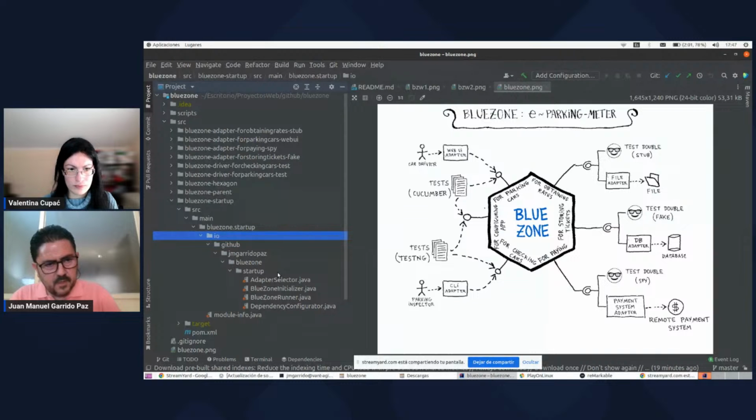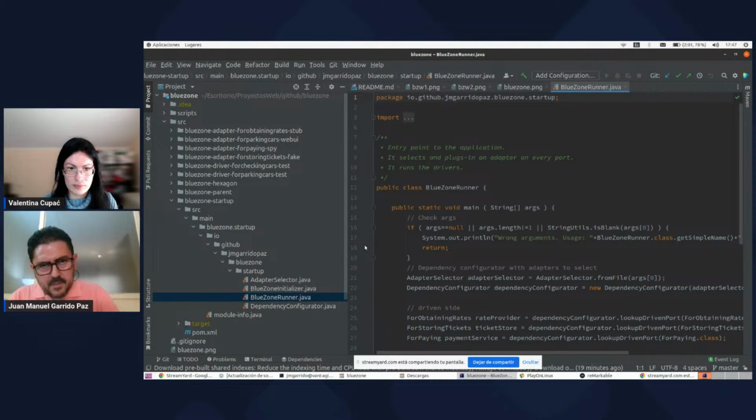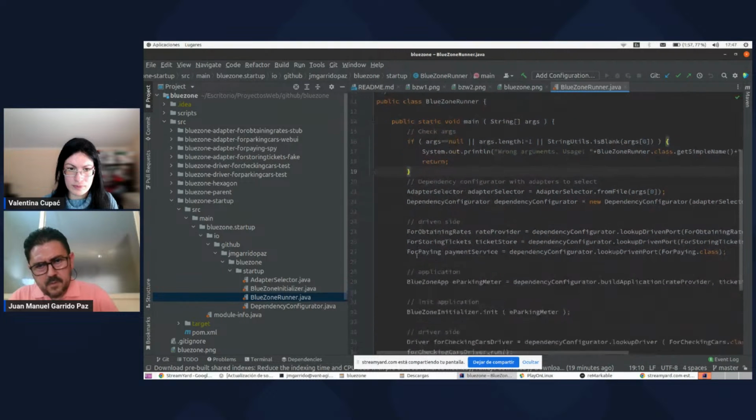Here the entry point is in the startup. I have the entry point, which, if I remember well, is the runner. The runner is the entry point to the application. When we run the application, we run the BlueZone runner. Okay, it is the main. This is the entry point,